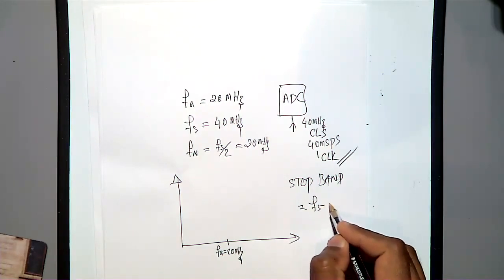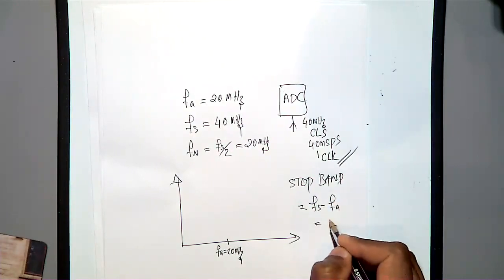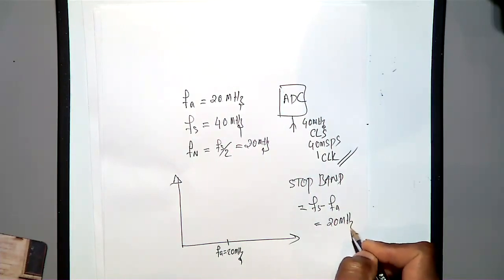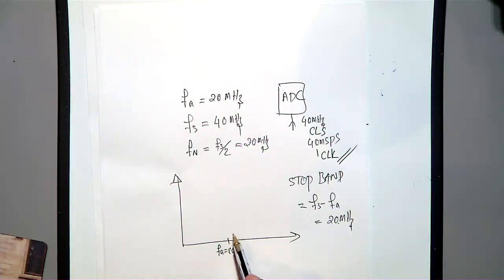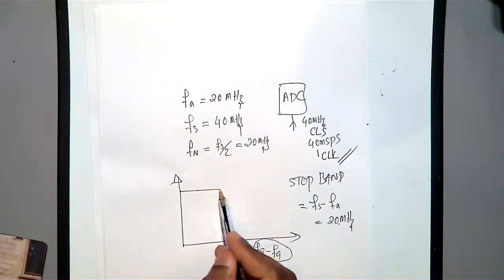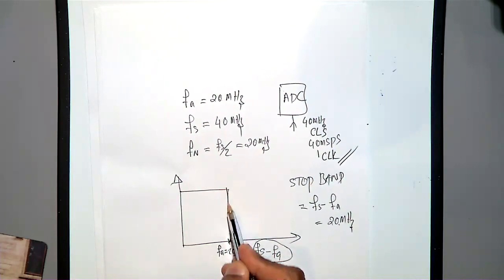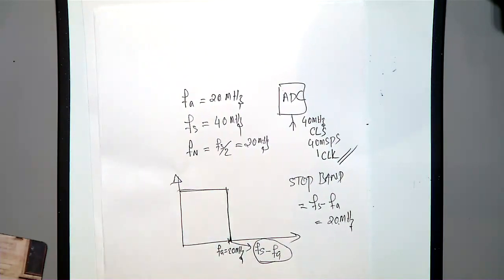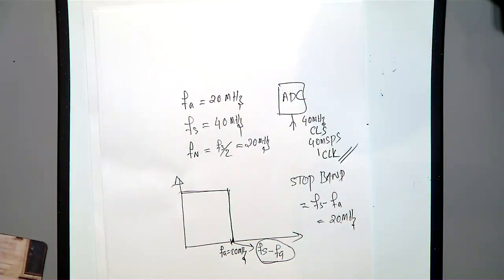It is equal to fs minus fa, which is equal to 20 megahertz. Then you should be stopping everything here as well. Because fa is equal to the stop band, fs minus fa, you should be having something like this ideal filter,